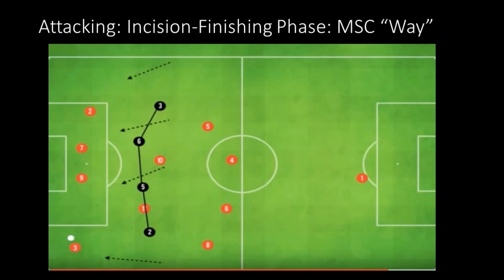So the more numbers that we get in, I would love to see that number 10 get in as well to the box, the more of a chance that we have to score goals. So this is another way that we break lines, okay, by using our outside backs, getting it out wide, and looking to serve balls into runners.